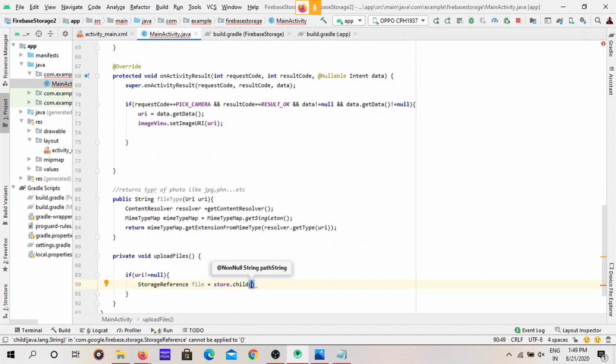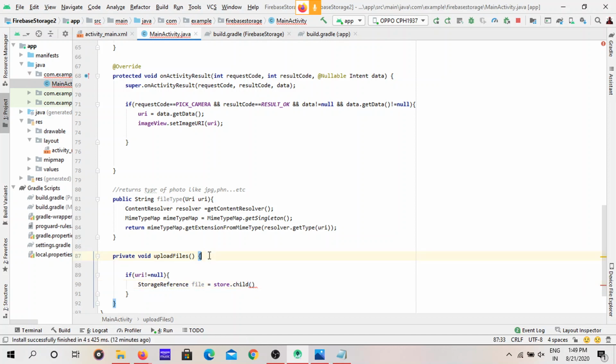If you upload two photos with the same name, say you store the first image with the name Santosh and then store another photo with the same name, it will replace the previous photo. So in order to avoid that, we have to store the images with unique names.